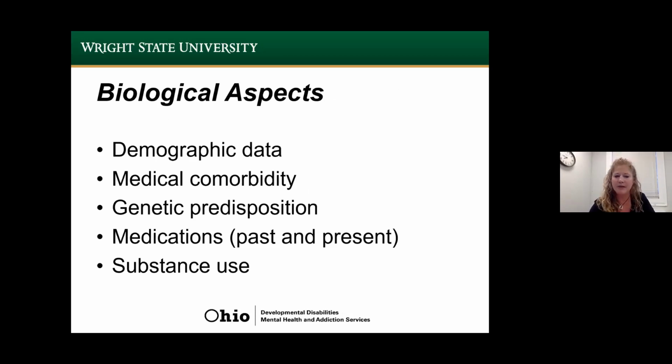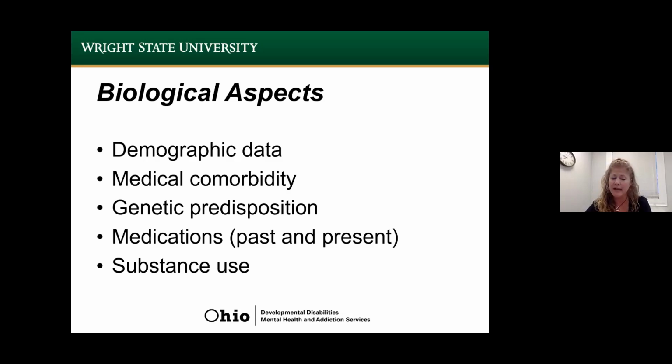We're going to actually go through these 4 categories in a little bit more detail. From the biological standpoint, we want demographic data. So we want to describe the patient. We want to characterize the patient and all of those important and critical pieces of information. So it's a 17-year-old male with history of any psychiatric diagnoses and medical diagnoses that we're aware of at the time of assessment. We want to take into consideration important family history. Maybe the individual has a mother who's been diagnosed with bipolar disorder. That will certainly be important information to consider.